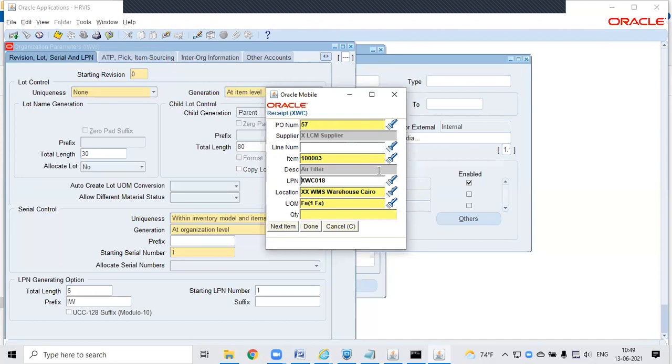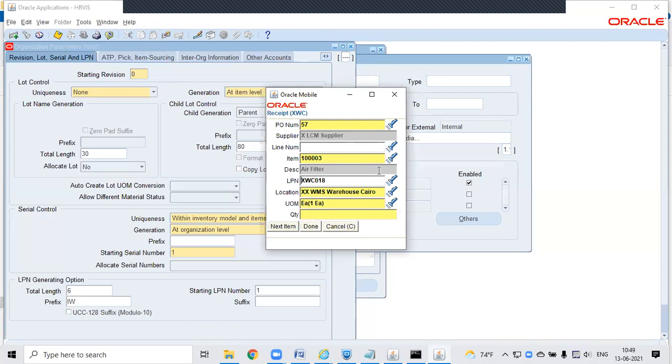You got my point now. If it is an inter-org transfer or an IRISO, this is a transaction between warehouse to warehouse. Once you ship from one warehouse, the LPN will be in transit status, and you can directly put the same LPN in the receiving warehouse.